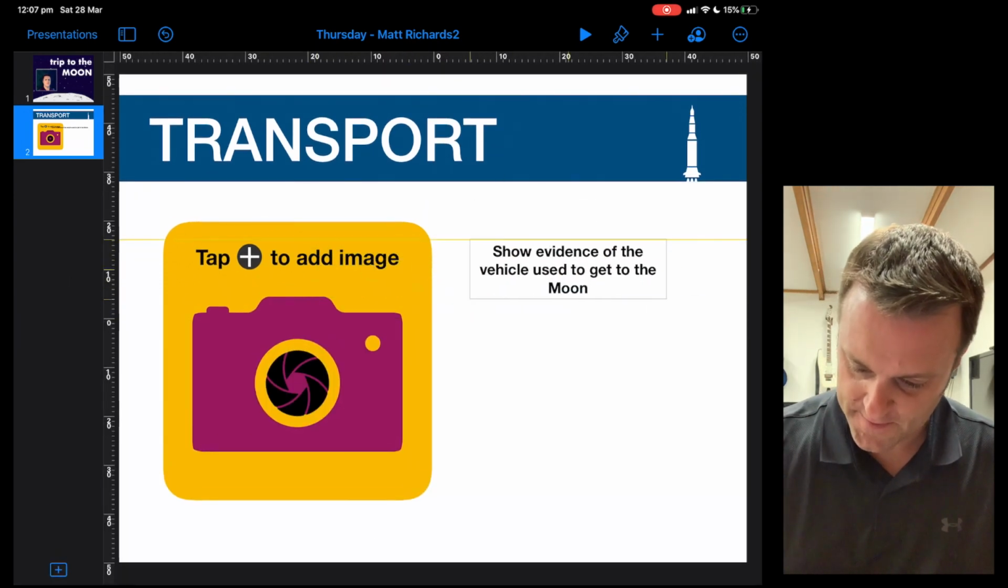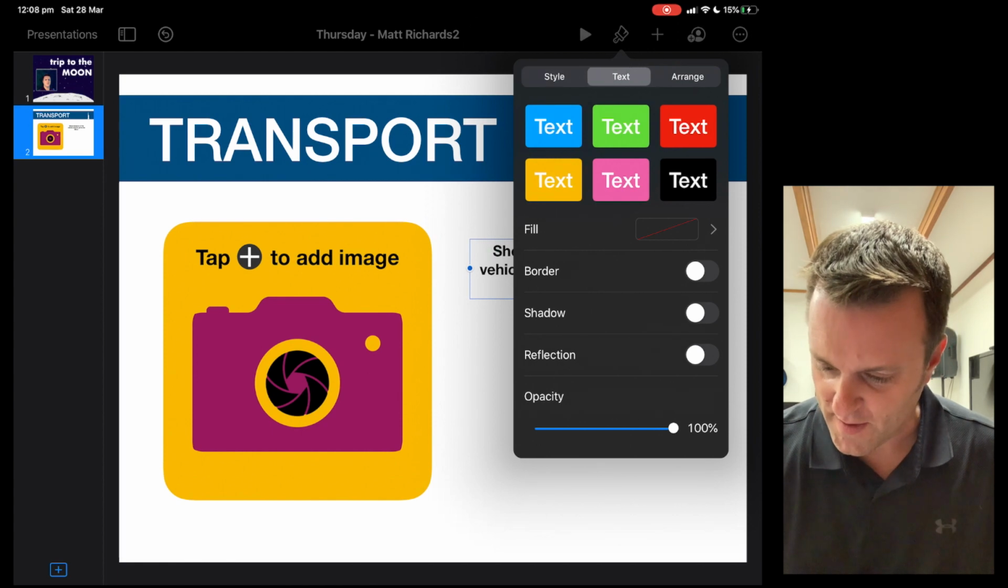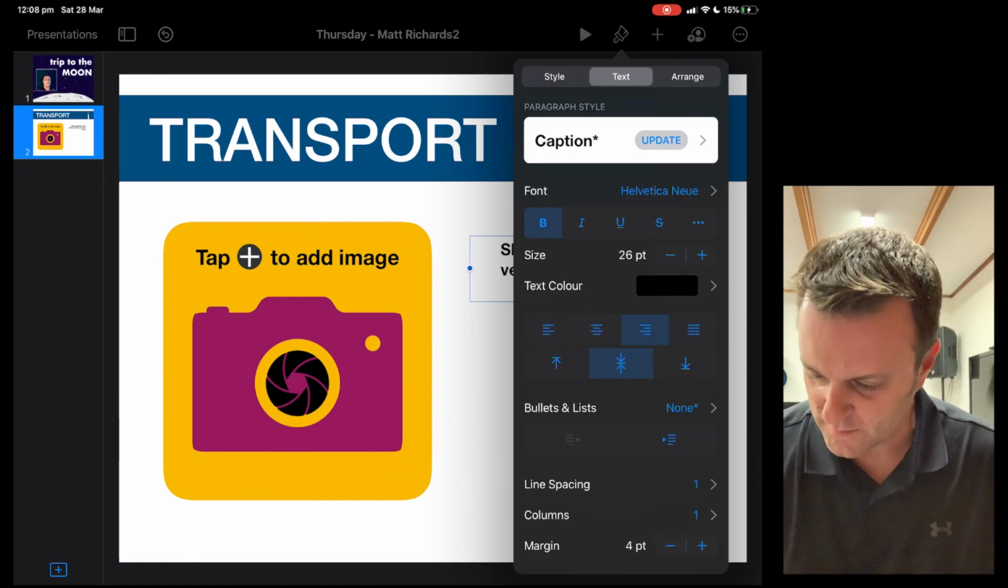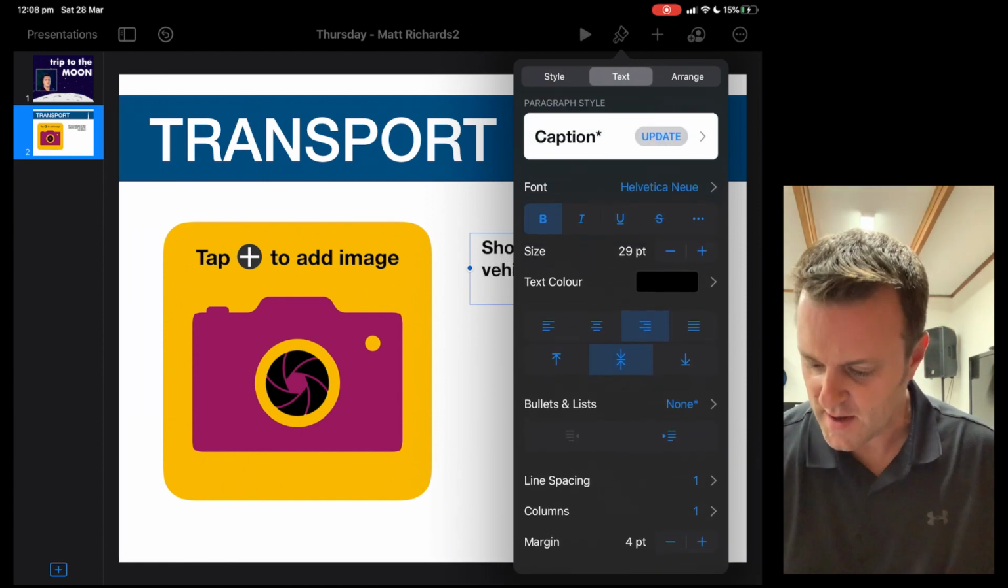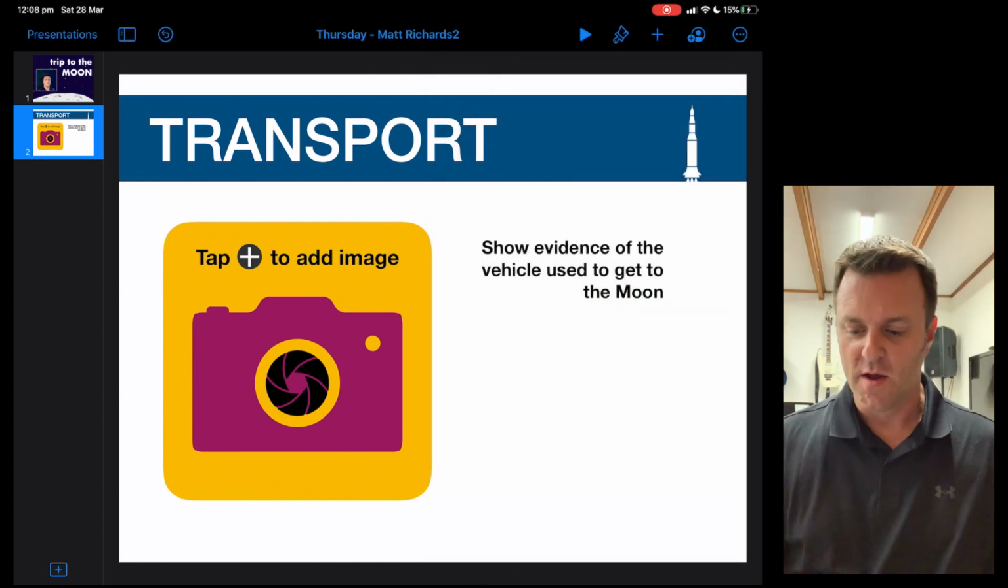And I'll bring that in. And we'll play around a little bit here with the way we want it to look. I might align it right. I might make it a little bit bigger. Now, here's a cool thing, though, to note. I have got